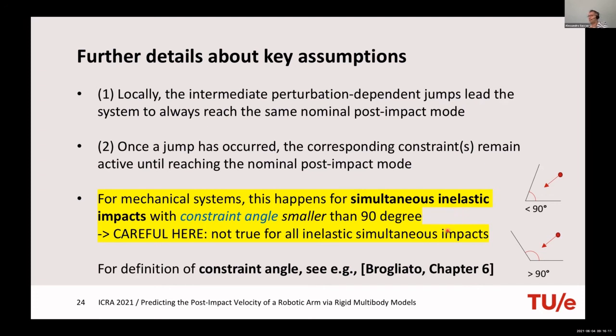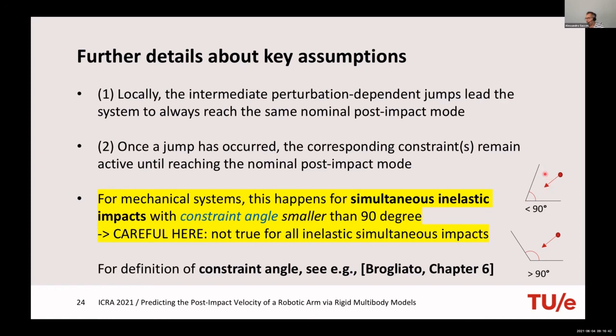This is a situation where you can look at what is called the constraint angle of a simultaneous inelastic impact. This is a concept that is defined in general, but think, for example, of the planar situation where you have a point mass impacting a corner and the impact is inelastic. If you impact the corner with this ball, because it's inelastic, you will get stuck there.